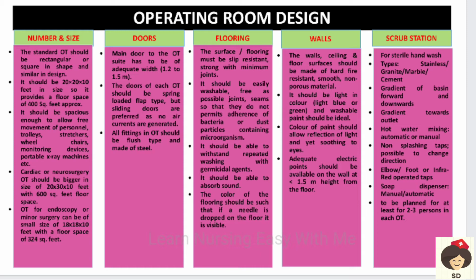Next, coming to the walls and the floor surfaces. So all the ceilings should be fire resistant, smooth and non-porous, so that water and other unwanted things should not come inside. And the color should be light in color and also easily washable. And the paint should be in such a way that it is soothing to the eyes. And electric points should be less than 1.5 meter from the floor, so that easily we can put on